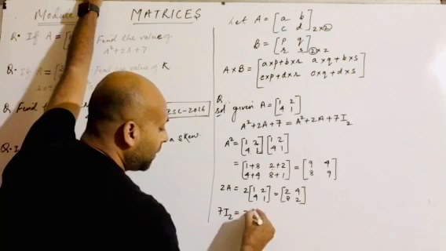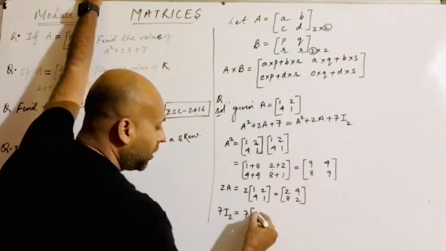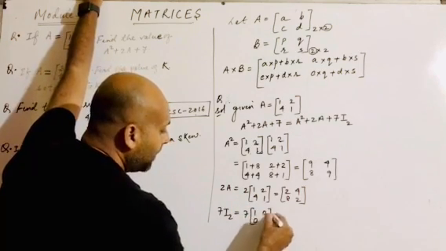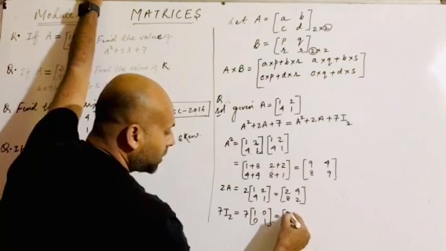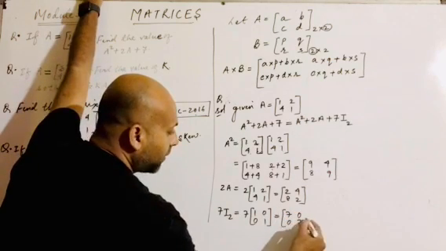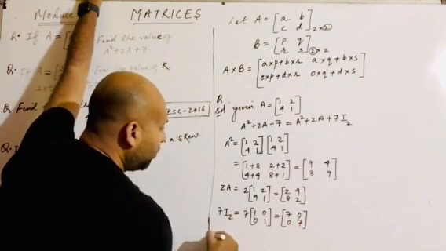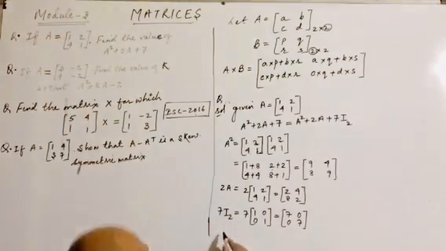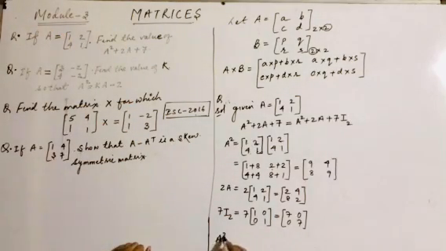So 7I2 is 7 and then I2 means the unit matrix of order 2. So that is 1 0 0 and 1. So please solve it. You are going to get here what? 7 0 and again 0 and 7. Now as we need to calculate the value of what, children? Tell me, we have to calculate the value of A square plus 2A plus 7I2.